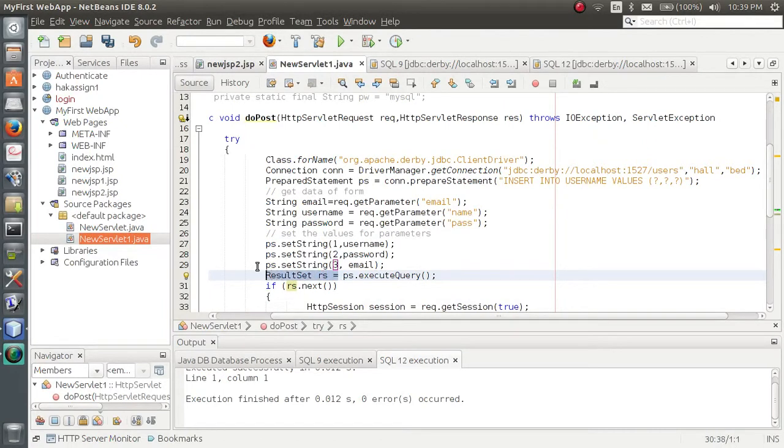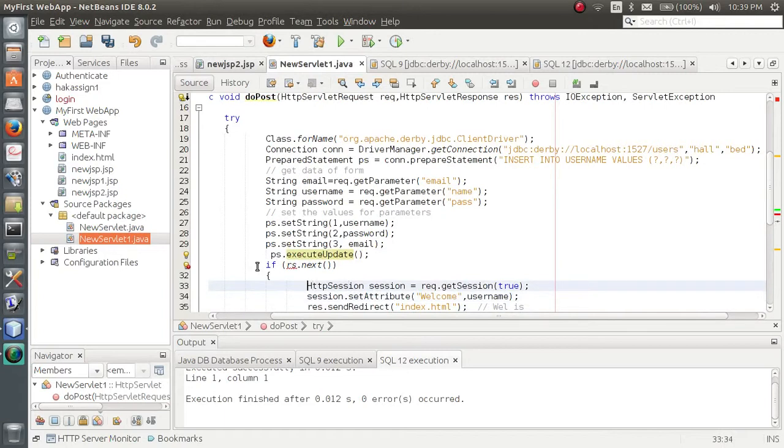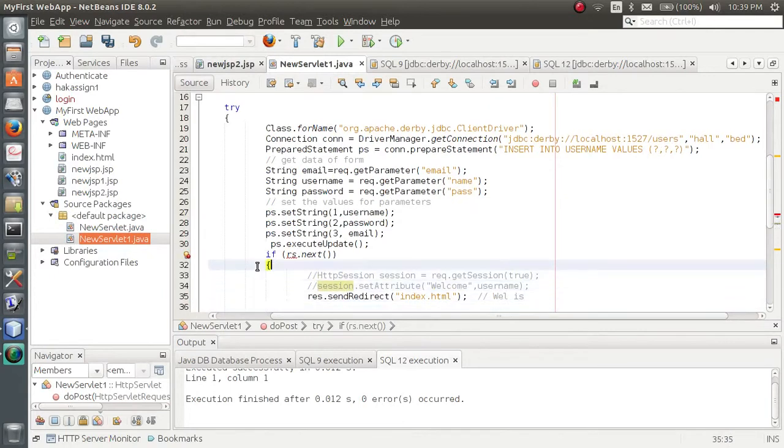So I will use ps.executeUpdate. This is the method, and for this I don't want to create any session. So as and when the query is updated, the database is updated.